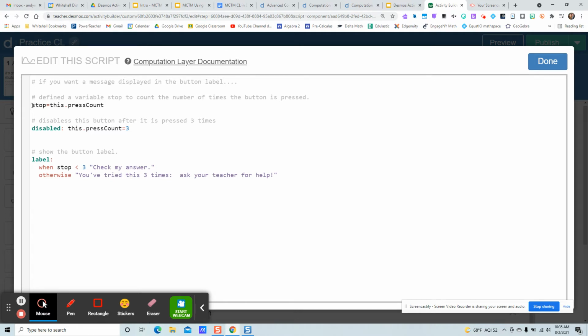The first thing of these 3 pieces we're going to look at is the stop variable. Now I use stop as a variable, and it's going to be equal to whatever this component's press count is. So once the student presses the button 1 time, stop takes on a value of 1. When the student presses it a second time, stop takes on a value of 2. So we want to